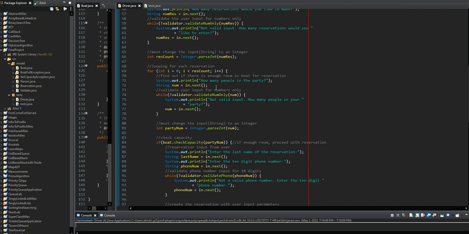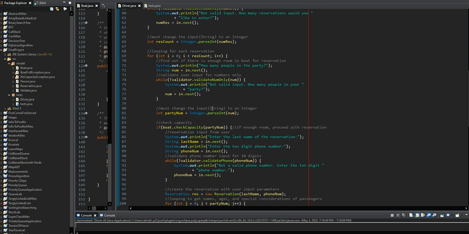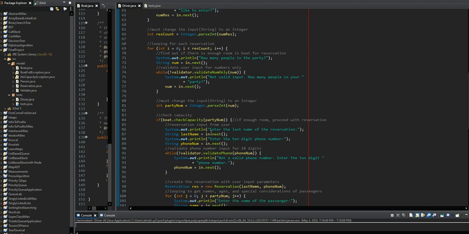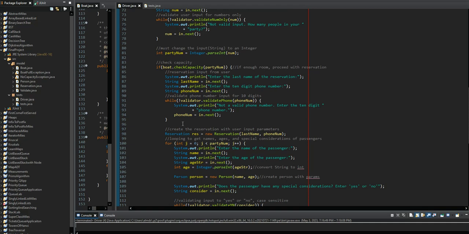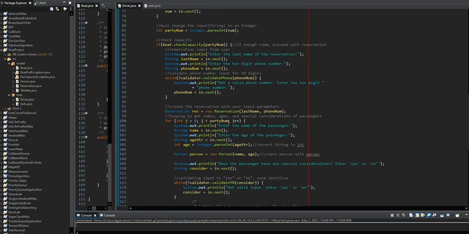So how many people in the party? It's going to make sure you put in numbers and then change to an integer. It's going to check the capacity right off the bat. If there is room, it's going to proceed. So last name of the reservation, it's going to get the phone number, it's going to validate the phone number, and then if all of this is valid, it's going to make the object with the last name and the phone number, and then it's going to use how many people are in the party to control the loop to